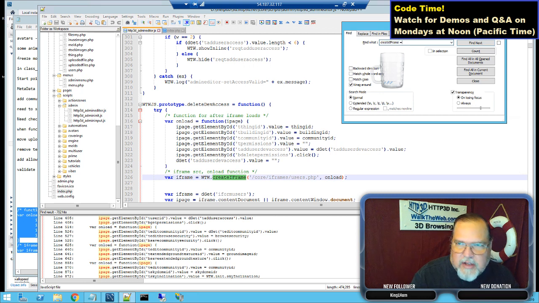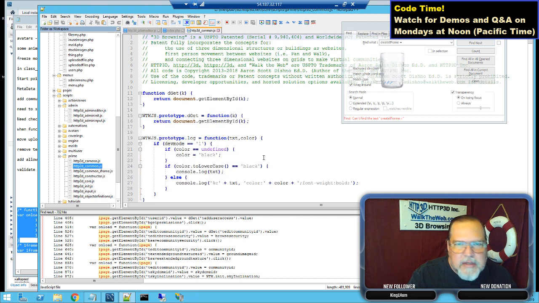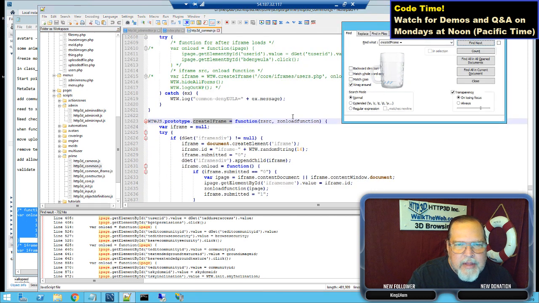In fact, let me find the function itself just so we can review it here. That would be in the common page. Helps if I look in the right page, huh? Okay, it's in the common page. And what this function actually does is